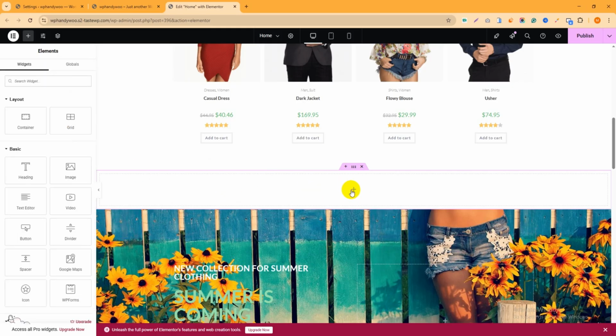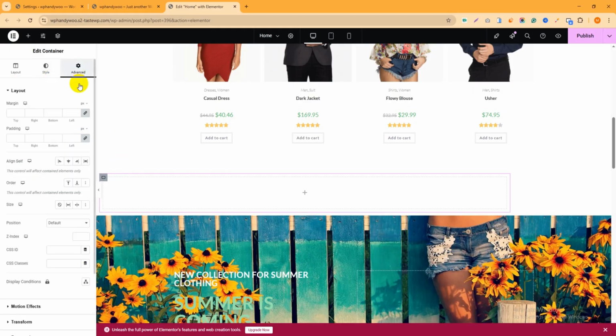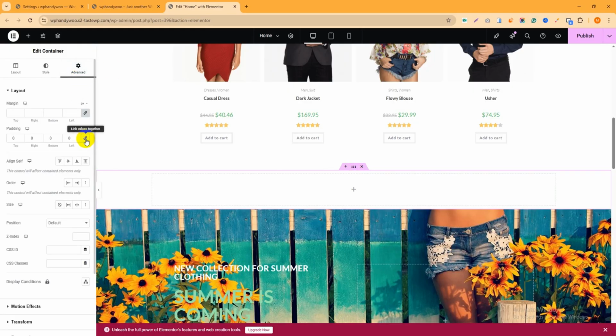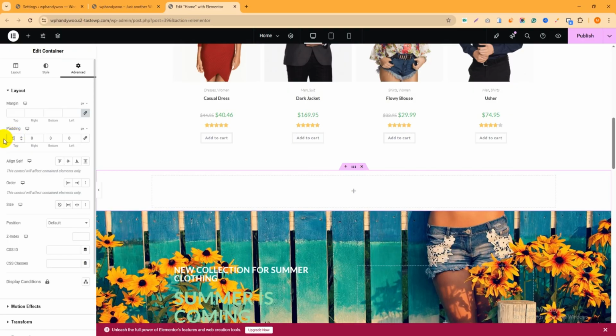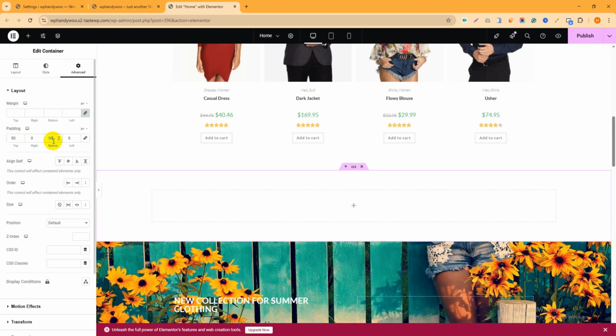Then again click this plus icon and take another container and it will be fluid, and I want to give it 1280 pixels. Okay, 1280 pixels, and definitely it will be in the middle. So navigate to the advanced tab and just select this align center. Okay, and now I can give some padding for the main container or section. So select this area, this is the plus icon, then six dots, just click over here, then navigate to the advanced tab and I can give padding here. Top will be 50, sorry, it's actually 50 pixels, and bottom will be